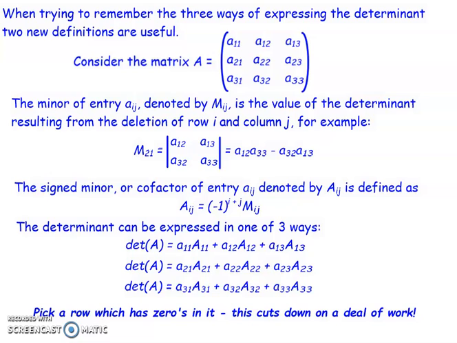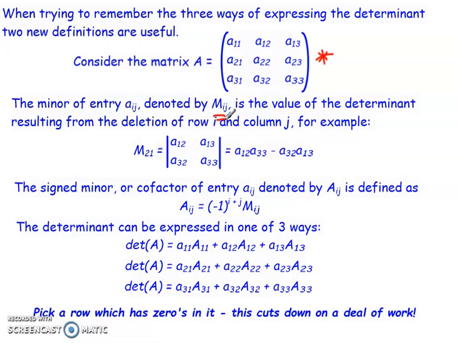So let's imagine we consider a generic matrix A given in this format here. Now what we have to do is define two new elements, if you like, which are going to come in useful and handy when looking at the formula for the determinant of our 3 by 3 matrix. The first of these is the minor of entry aij, which we're going to denote by Mij. Now this is the value of the determinant resulting from deleting row i and column j from our 3 by 3 matrix and then making a 2 by 2 matrix with the values that are